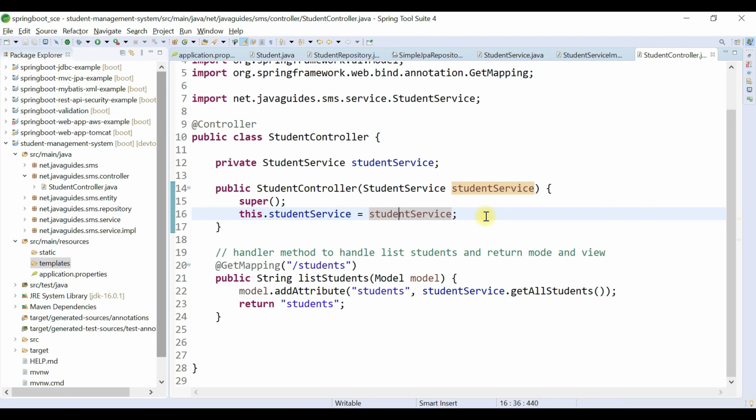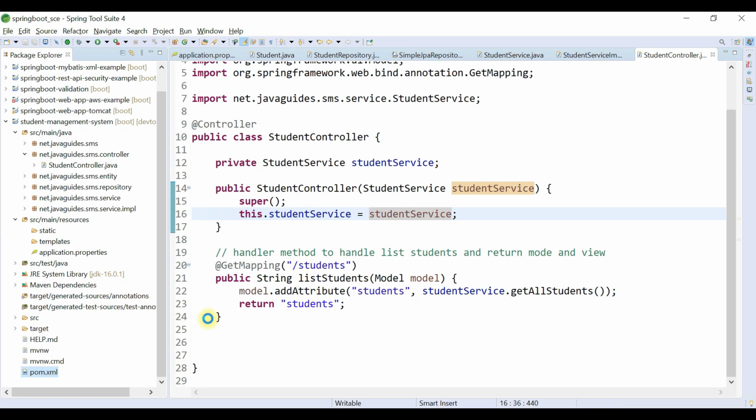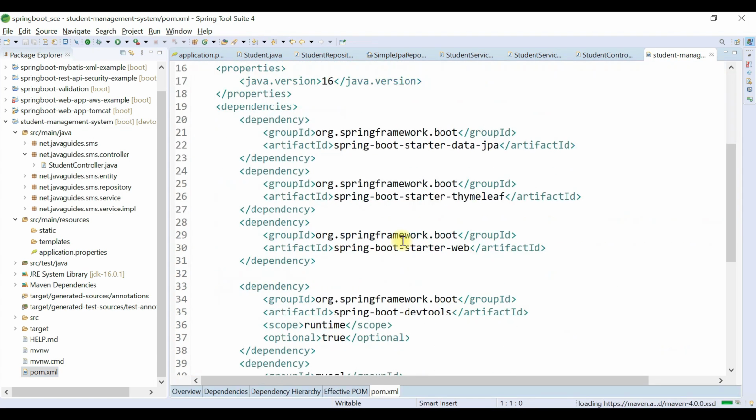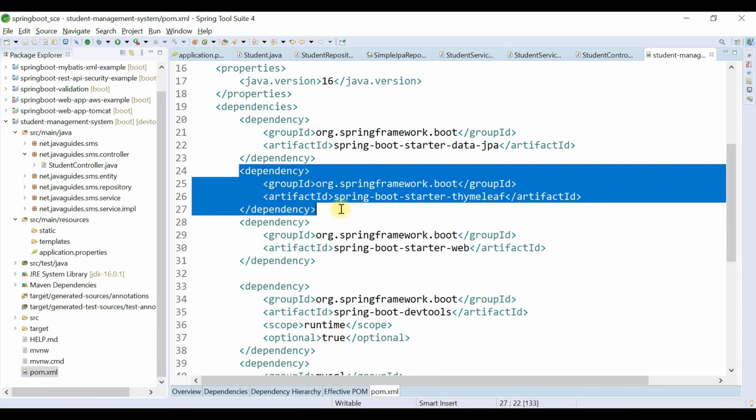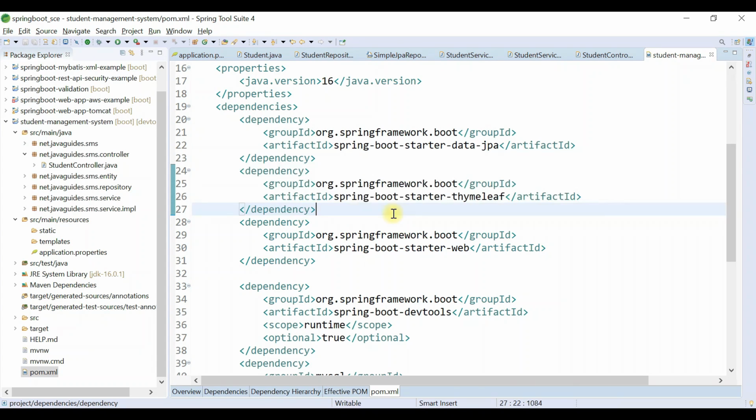We don't have to manually create a view resolver bean for Thymeleaf, because Spring Boot will automatically configure a view resolver for Thymeleaf whenever it finds a Thymeleaf dependency in the classpath. Okay, we have added a Thymeleaf starter dependency in the pom.xml. So Spring Boot will automatically configure the view resolver and other dependencies for Thymeleaf. We don't have to manually configure.